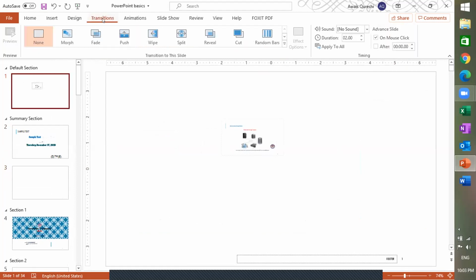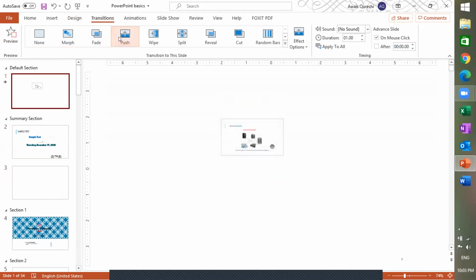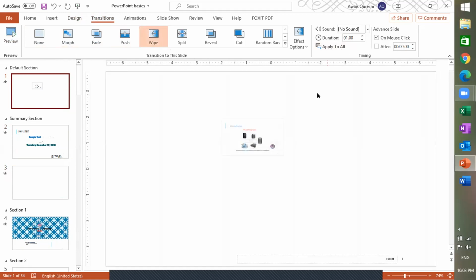Now let's move on to transitions. Design is for individual slides or multiple slides, and transitions are also slide level objects. This means that we can apply design on the whole slide or multiple slides. Similarly, we can add transitions on the whole slide or multiple slides. So now let's move on. As you can see, these are the different effects, animation, transitions on a slide level. So let me click on that and apply all.